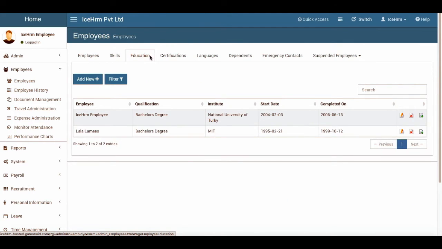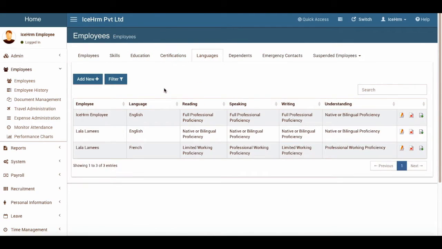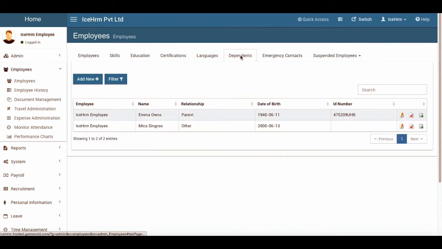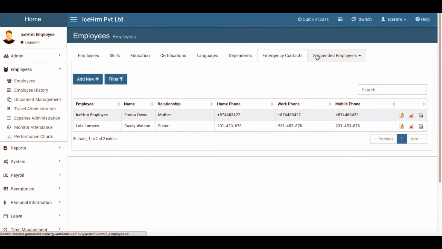You can add the educational details, certifications, and as I said, you can add whatever languages the employee has proficiency in. Okay. Now you can add dependents, images, contacts, and here there are another two fields called suspended employees and terminated